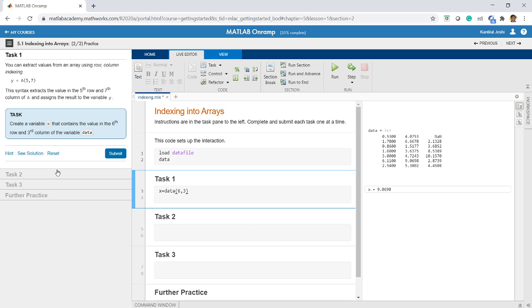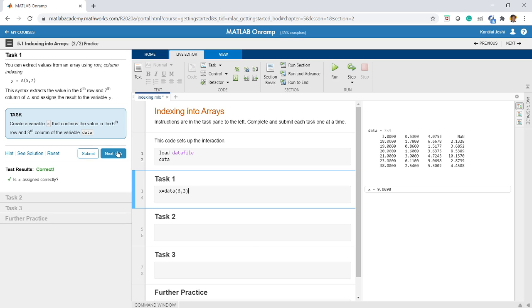Let us check whether it is correct or not. When I submit, it is saying correct. If you check this carefully, 1 2 3 4 5 6th row, 3rd column, it is 9.0698. We got this value correctly.